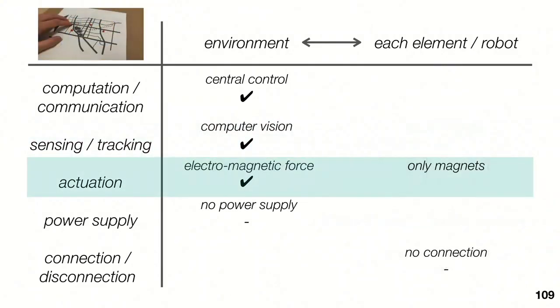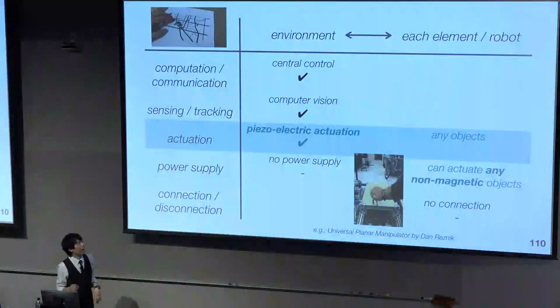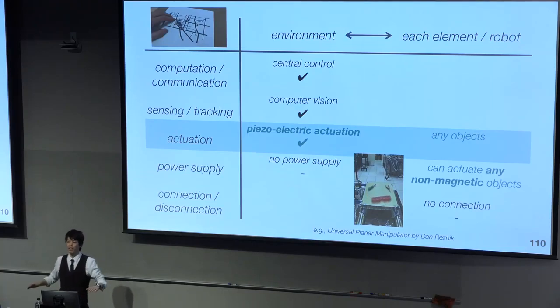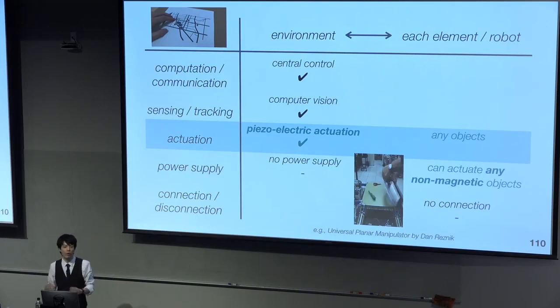Also, for this one, we can only actuate magnetic objects because they use electromagnetic force. But we are interested in what if they used vibration-based actuation, like piezoelectric actuation, to actuate any arbitrary shape on top of the table,